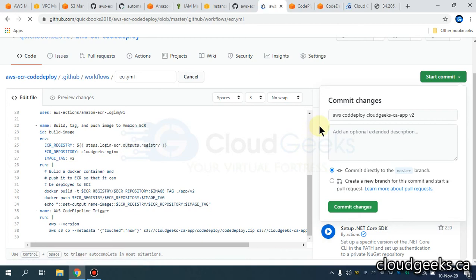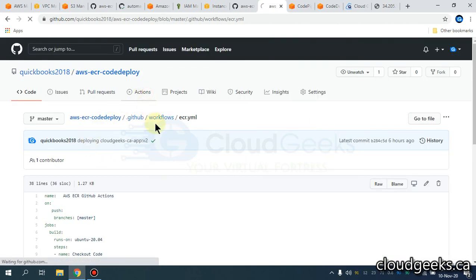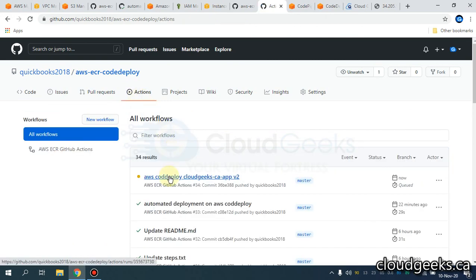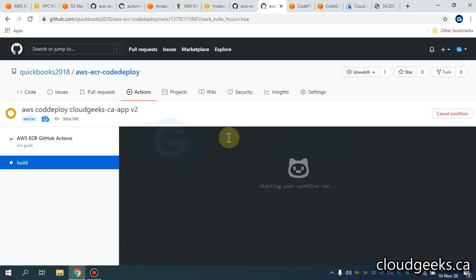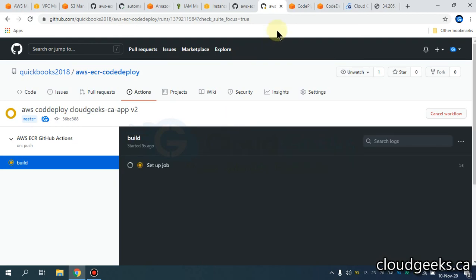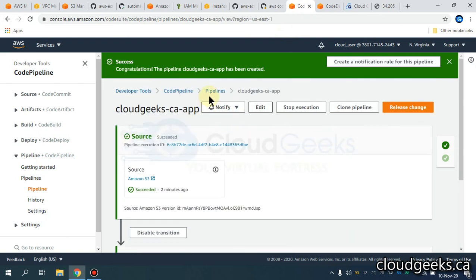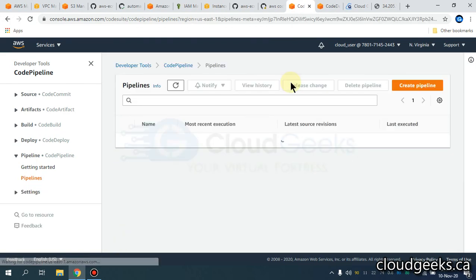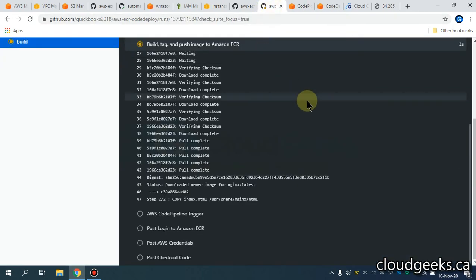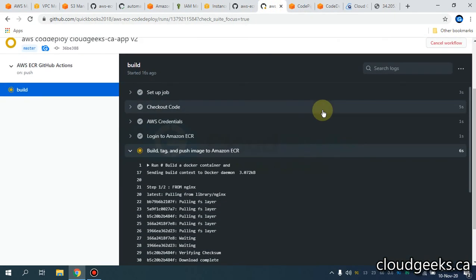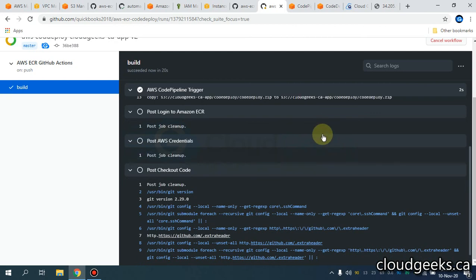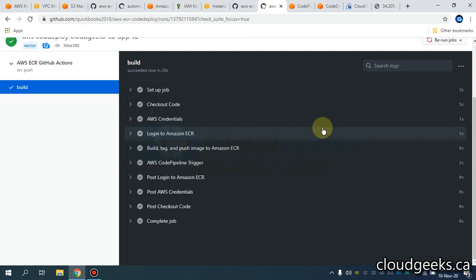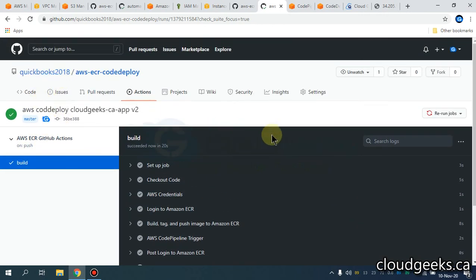Once the commit is done, it is going to automatically trigger. If you navigate to the actions, click on this particular commit and navigate to the build section. You will see in a moment that our build is going to be done, and it is going to automatically trigger this particular pipeline. Currently you see the pipeline is in a halt state. If it is successful, it is going to trigger that particular pipeline, and you will see our version 2 of the application is going to be automatically deployed, and you see it is successful.